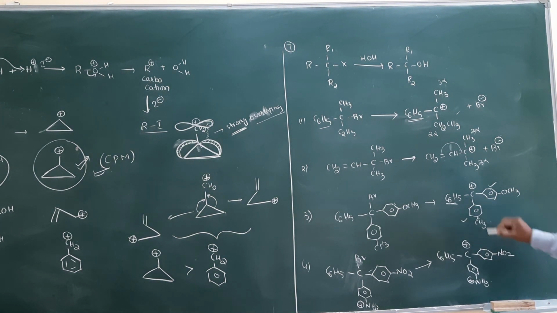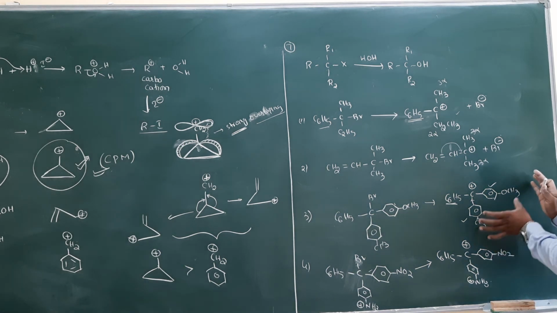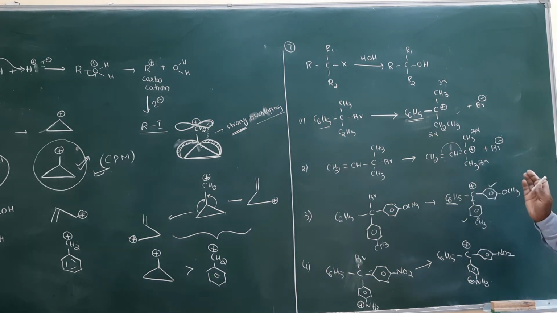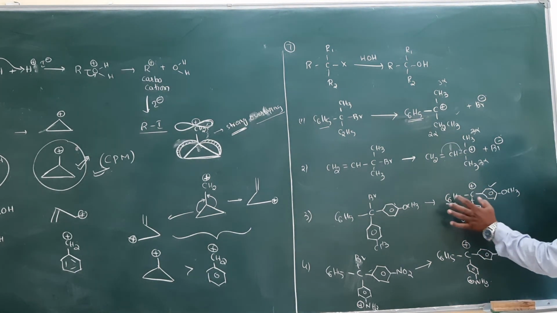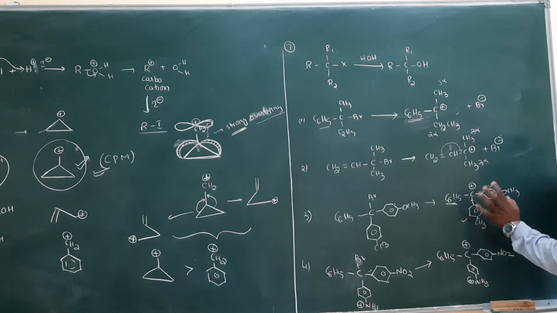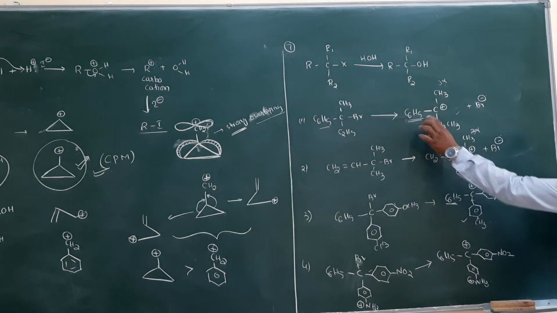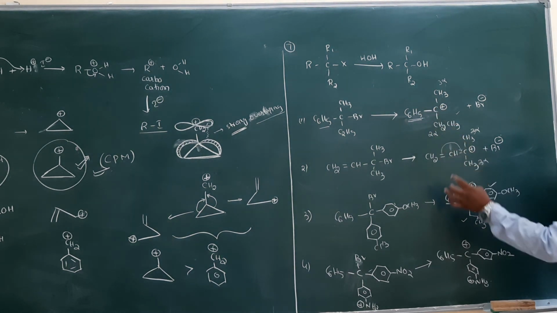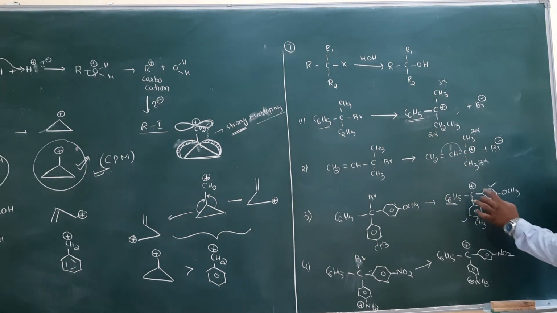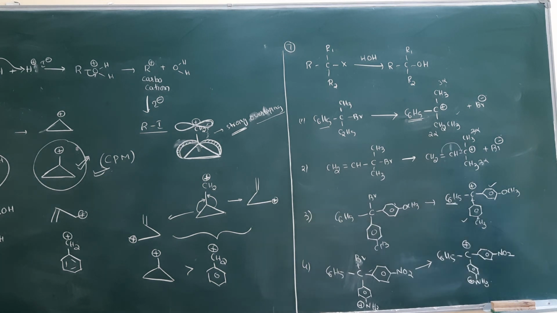They donate the electrons to benzene. Benzene donates the electrons to which one? Carbon. So some positive charge will be neutralized. If charge is less, stability will be more. Electron donating groups increase the stability of carbocation, and this carbocation also is involved in resonance with how many benzene rings here? 3 benzene rings. Compared to this it is most stable, because here only 1 benzene ring is involved in the resonance, but here how many benzene rings are involved? 3. With 3 benzene rings you will get more resonating structures, most stable.